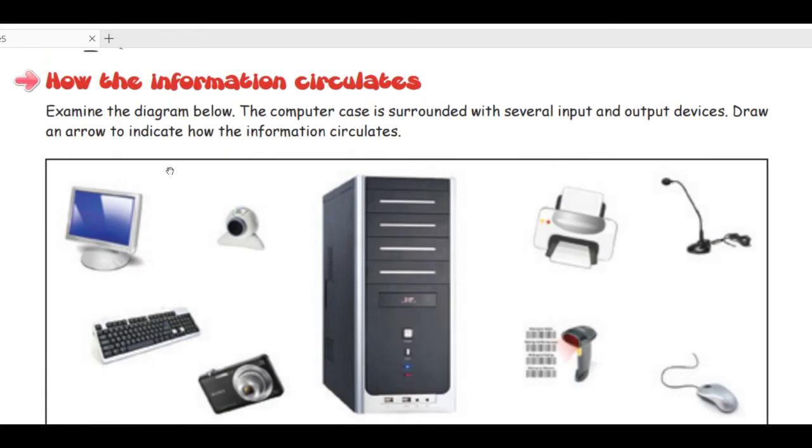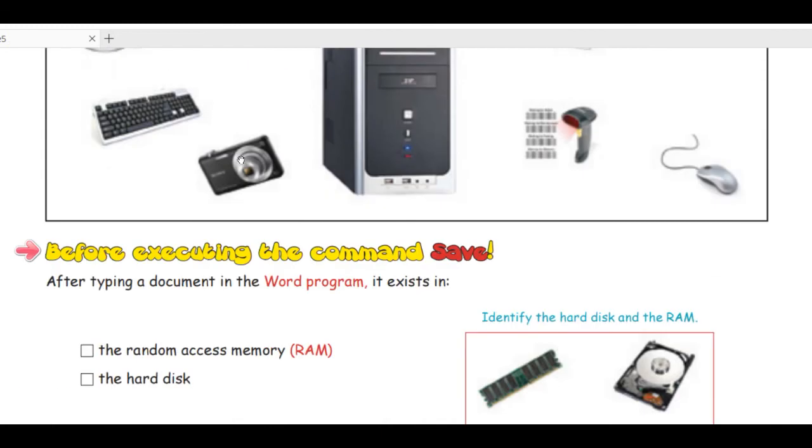And you have to fill it by drawing an arrow to indicate how the information circulates. So mainly it should go from the input device to the system unit and then to the output device. After that,